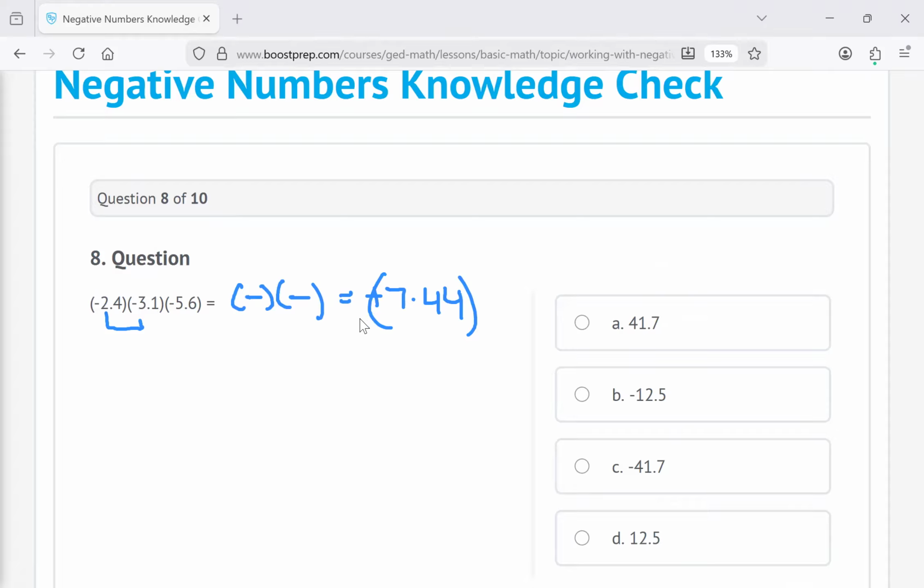So 7.44 times negative 5.6, right? So now what is the rule? You have a positive times a negative. What is the outcome? Negative, right? Positive times negative is a negative. And what's 7.44 times negative 5.6? Negative